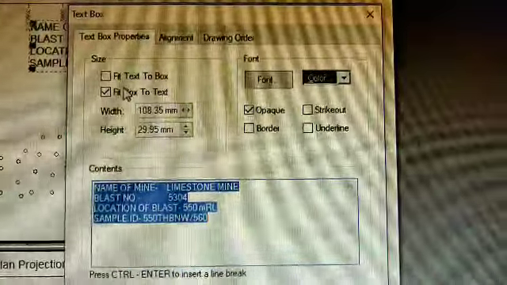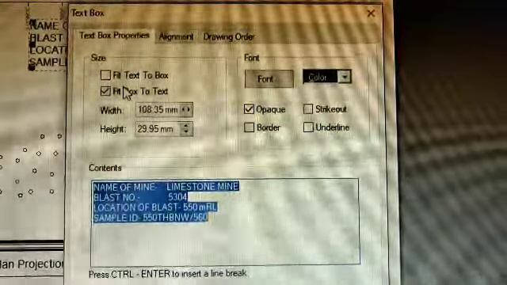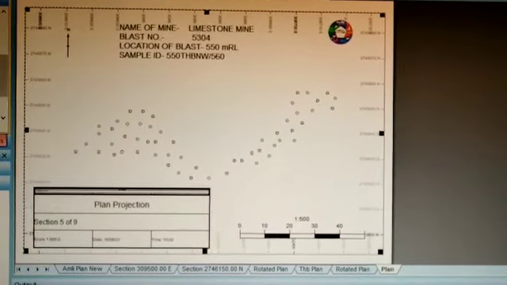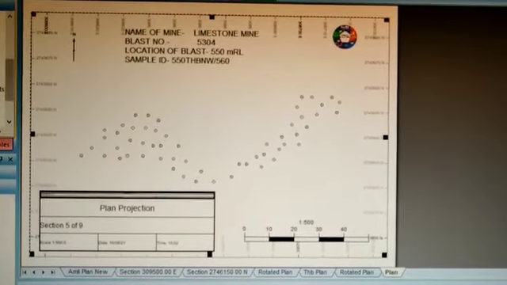This is what we can find by typing in this box. Here we can see our text box.